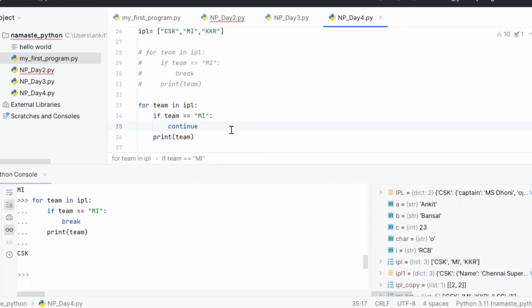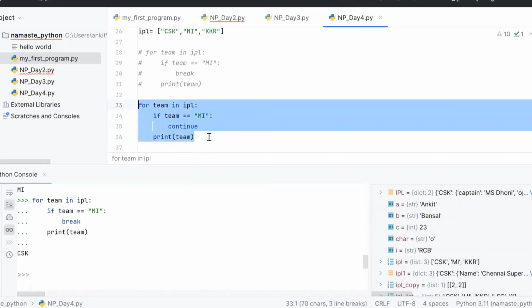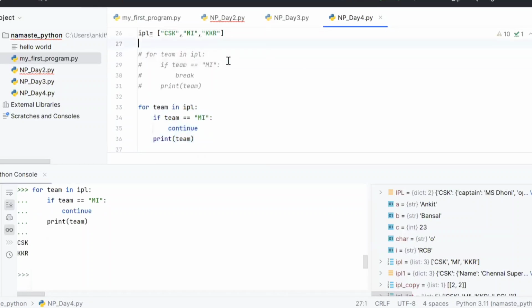So break is just breaking the loop and coming out, nothing else is going to happen. But continue, the moment it finds MI and continue, it will just go there. It will not run any statement after that. Okay. So I'll run this and then explain. If you see, CSK and KKR are printed. Why? For the first element, CSK will be assigned.